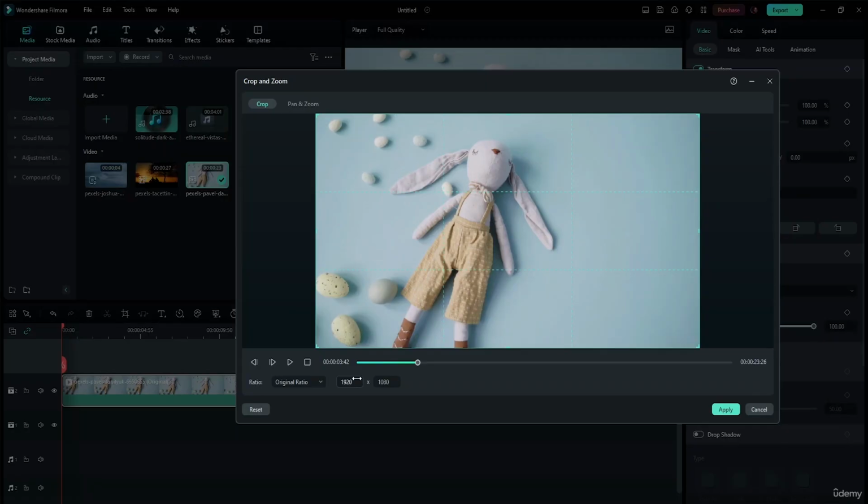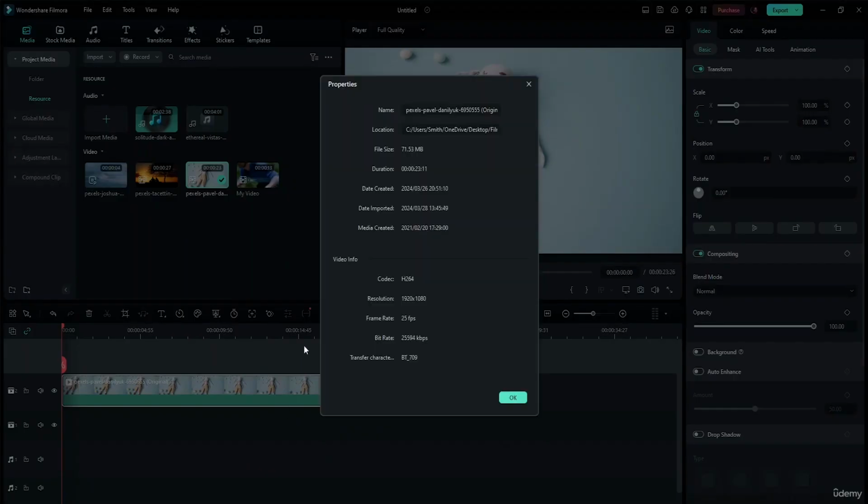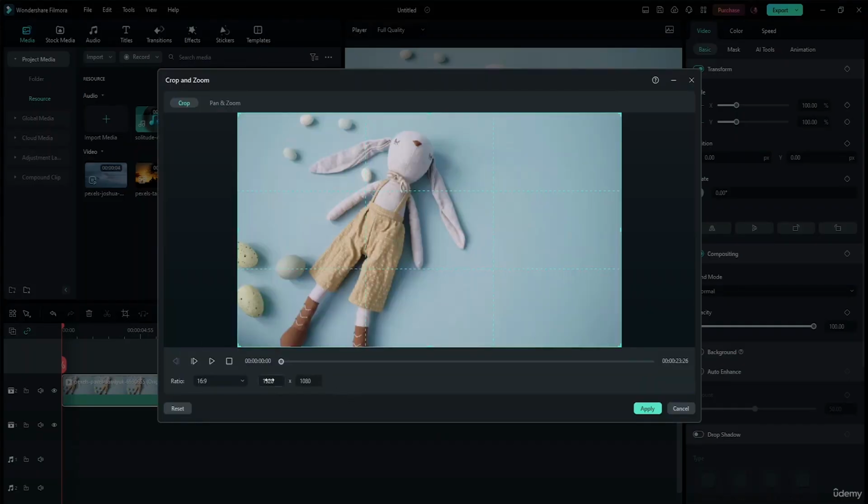But one thing you have to keep in mind is that if you're already using the original ratio, let's say I remove it, right click, and first off, get the properties. You can see the resolution is already 1920 and 1080. So that means even if you extend it, it will only lose its resolution. So obviously when you are cropping, it limits it to the last one or the highest resolution. Okay. But you can decrease it whenever you want. Let's say from here, I want 3160. You can see that I will not be able to increase that. It's because I already have